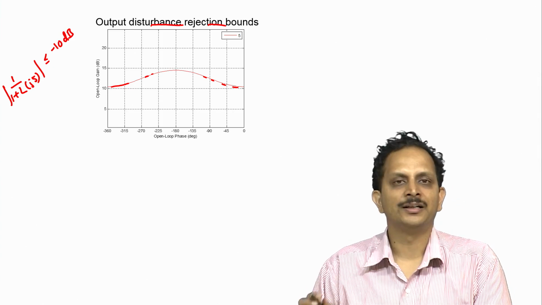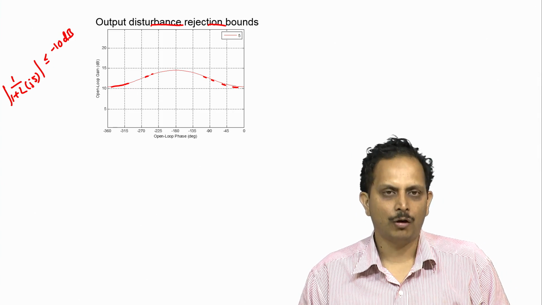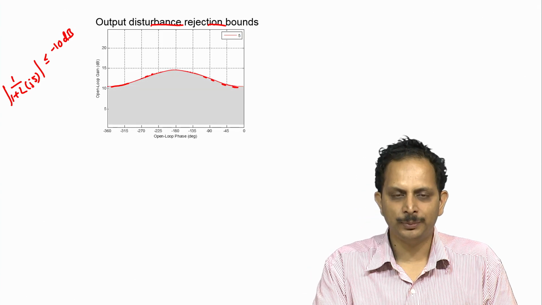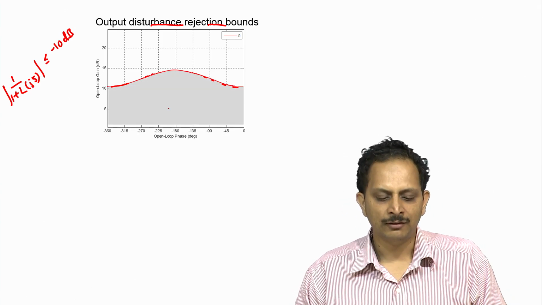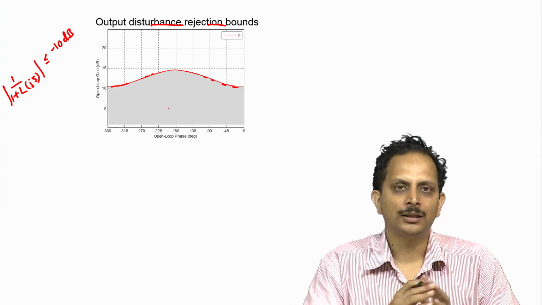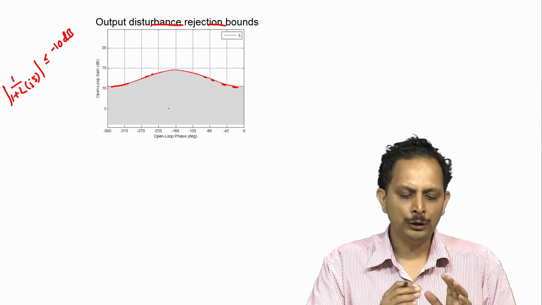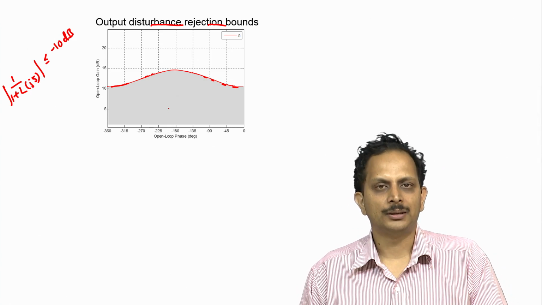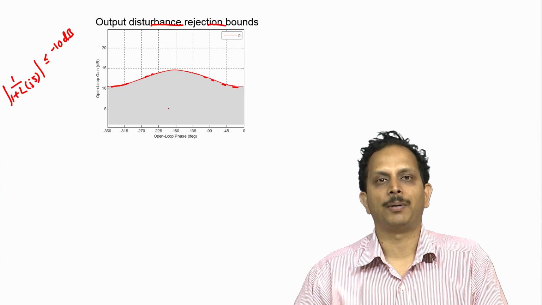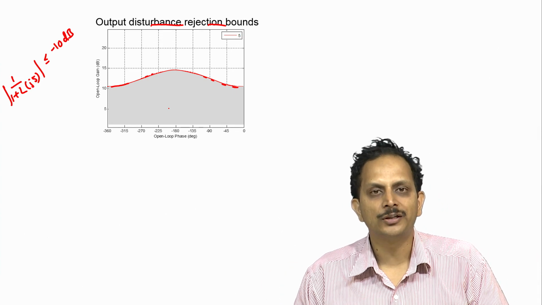So this red curve is known as the output disturbance rejection bound, and it divides the complex plane of the loop gain L into two halves. One is the area shaded in grey, within which the loop gain should not lie for it to satisfy the performance specification as far as output disturbance is concerned. Therefore, for it to reject output disturbance by 10 dB, the loop gain has to assume values in the area above the shaded part, and the boundary of that shaded part is what is known as the output disturbance rejection